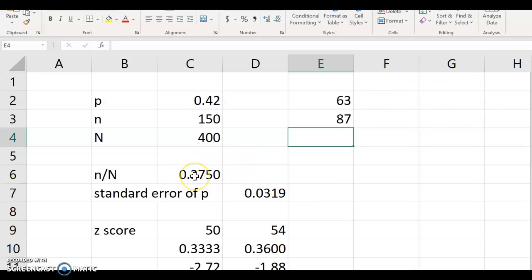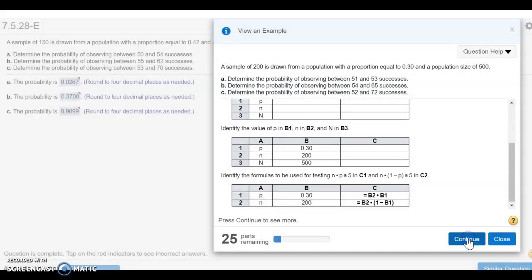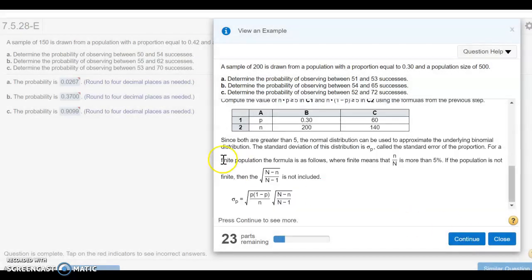And next we need to check to see if it's finite. And so n divided by N is greater than 5%, which it is, 38%, so you're going to use that finite population correction factor. Let me show you what that is. If n divided by N is more than 5%, it's finite. And since it's finite, you have this extra part right here that you have to do, N minus n